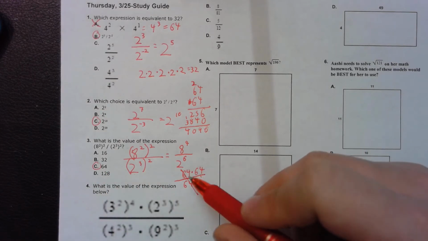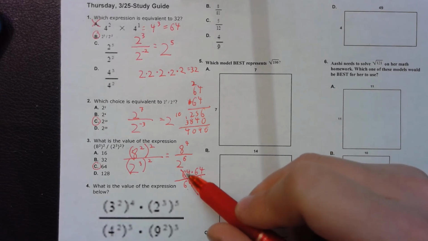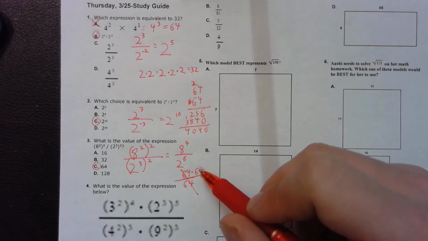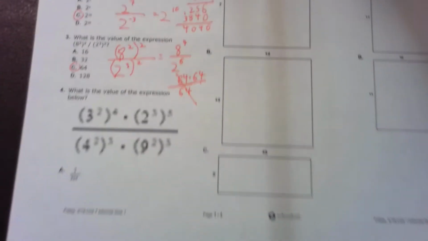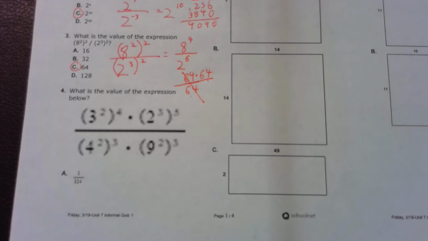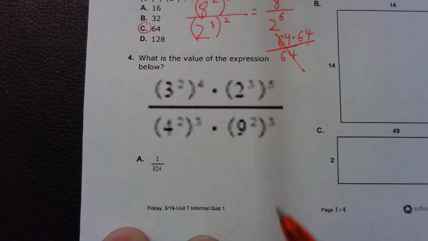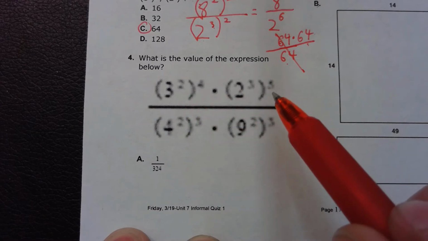You can get it down to the point where you have 64 times 64 over 64. Naturally, one of those would cancel out, leaving you with just 64 on top. So a little shortcut you could take there. For number 4, what's the value of this expression? This expression looks like a nightmare because it kind of is. There will be one absurdly hard problem that I'll be giving you guys, so watch out for a problem like this. Anyways, for this, I'm going to try to rewrite it down here so that way it isn't as jumbled,